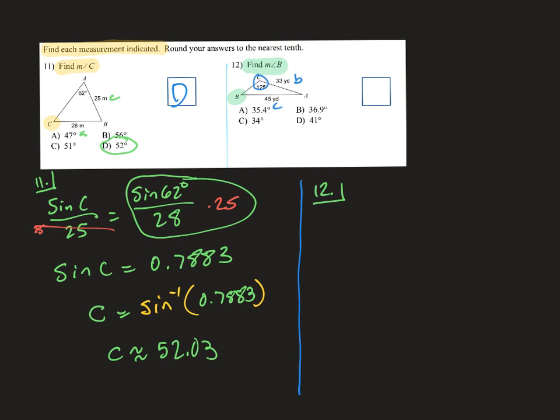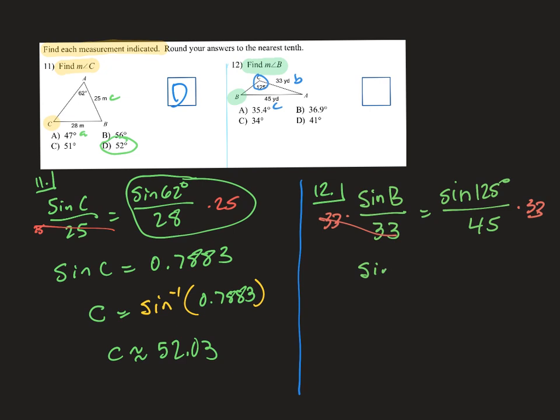Let's see, so I'm going to do sine of B, that's the angle that I don't know, so I got to use the letter, over side B, which is 33, equals the sine of C, and C is 125, over 45. We solve this one the same way we solved the last one. I'm going to multiply both sides by 33. And remember, these cancel out. And I end up with the sine of B equals, and to figure out what the sine of B is, I'm going to multiply